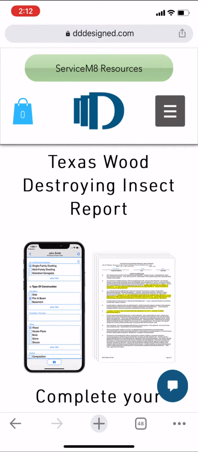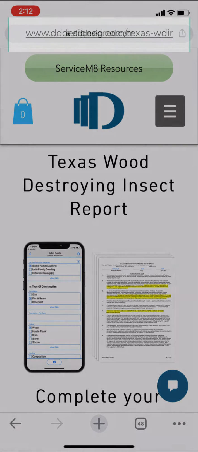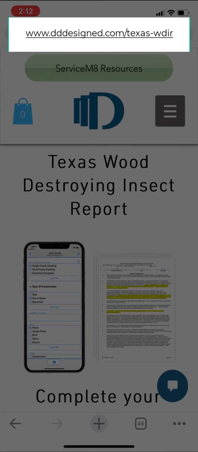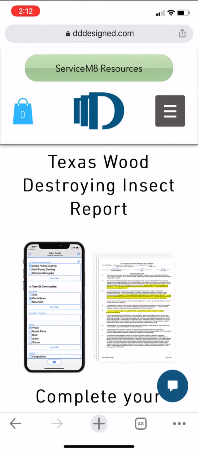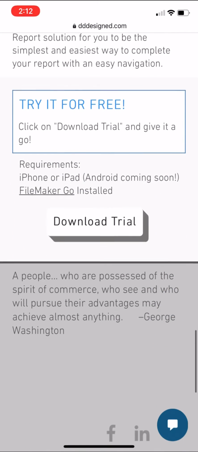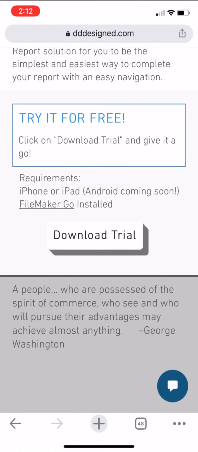To try our Texas wood destroying insect report, go to dddesign.com/texas-WDIR. Scroll to the bottom of the screen where you'll see the availability of downloading a trial. Press the download trial button